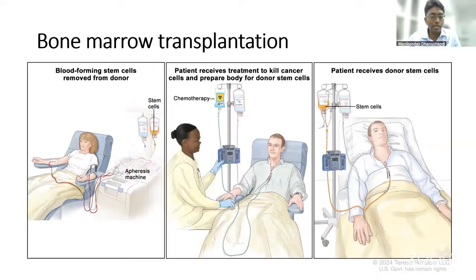instead of the regular chemotherapy, high-dose chemotherapy, that is 5 to 10 times higher the dose of chemotherapy, is delivered, and the bone marrow of the patient is completely depleted. His white cells will be zero, platelets will be 10,000, 20,000. He will have severe anemia. At that time, the stem cells that had been collected from the donor are infused, and there is